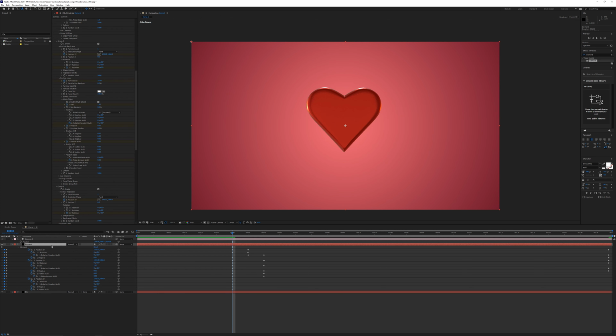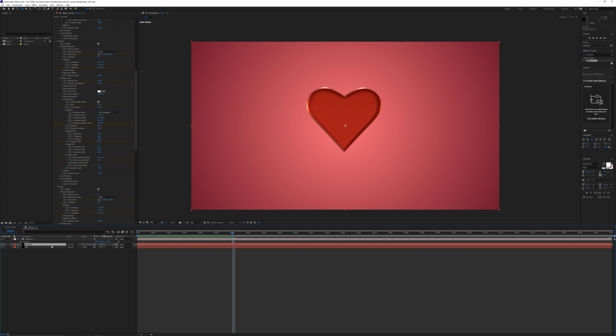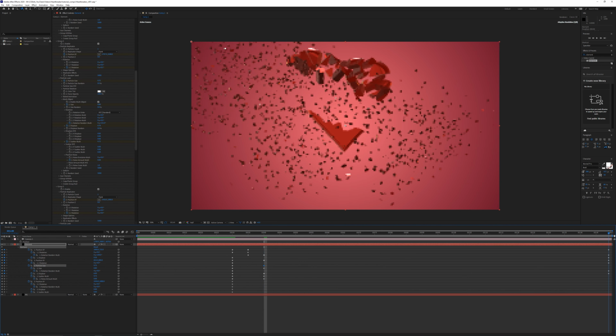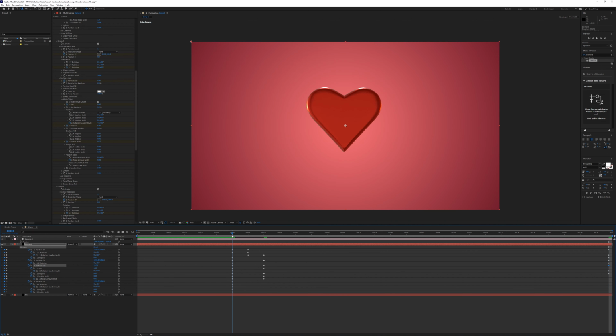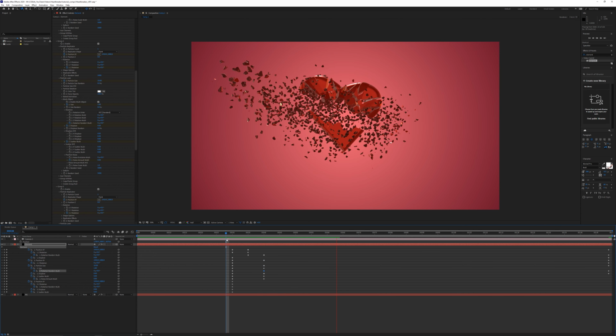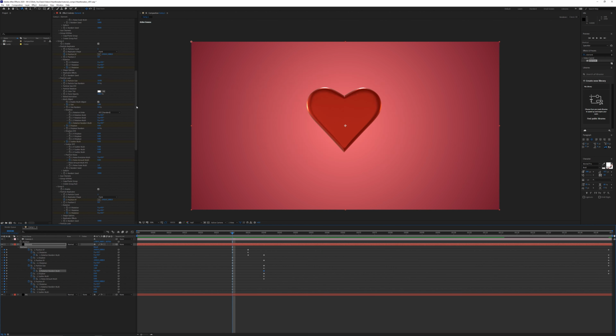So if we go back to frame 30, also animate the particle size, click U again twice to open up that channel. We can have that start at 10. By frame 40, this could reduce very, very slightly. Then by the end, we could reduce that to 8. Otherwise, this is going to go too far off the screen. I'm also going to go to frame 40 and just increase the random multi, just so this is a little bit more rotation initially. Then we get something kind of like that, you know, kind of fly off.